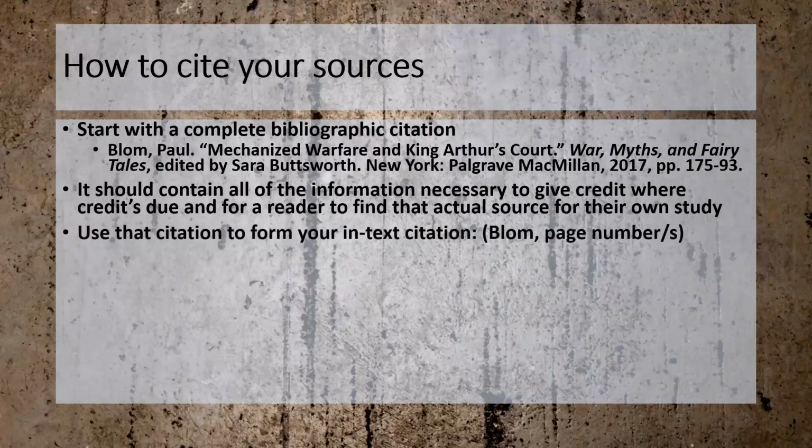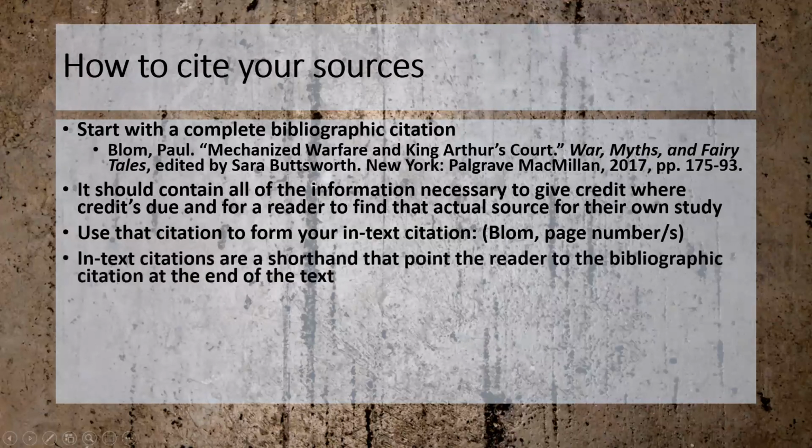Then you use the bibliographic citation to create your in-text citation. Again, it varies a little bit, but for most citation formats, the in-text citation is going to depend on how the bibliographic citation begins. That's because the purpose of the in-text citation is to guide the reader to go look in the bibliography to find that matching bibliographic citation. So it makes sense that basically this is telling you, find the citation that starts with blah, right? If this gave just the title, it would be a lot harder to find this source in a bibliography. So that's the logic there.